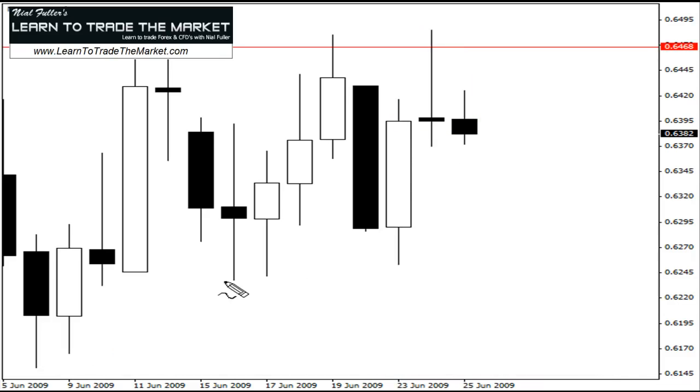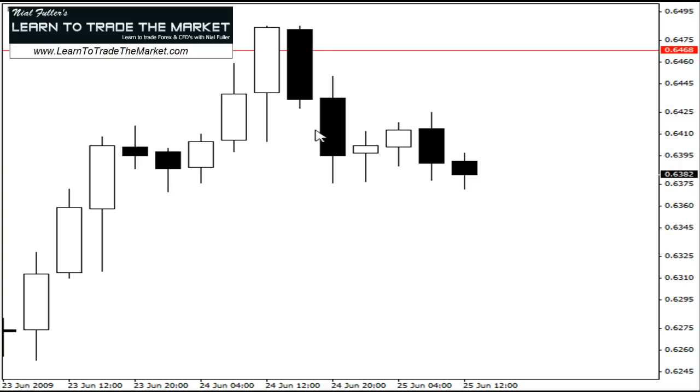The other thing that I wanted to point out was, do I have a logical area to target? Do I have a solid risk reward? And the fact is, yes, I do. I have at least 2 times my risk in this setup, so it's a 2-to-1 risk reward, so I've ticked that box. And the fourth was, on zooming down to the 4-hour chart,